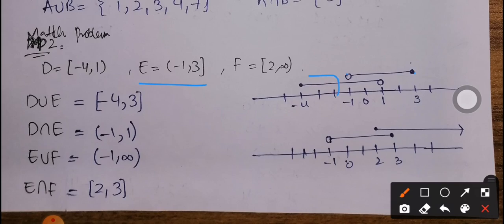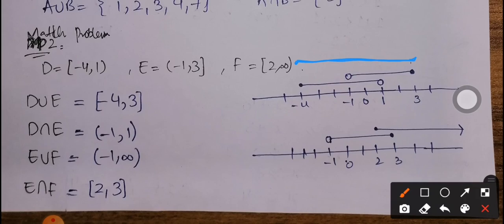These parts or these elements will be a part of the union just because these are the part of D, and these elements will belong to the union because these belong to both D and E, and these elements will belong just because these are a part of E. So basically whenever we are going to find out a union, start from the minimum and end at the maximum if there is no gap or no jump in the interval. So you can see we can easily move from minus 4 to 3 without any jump or gap.